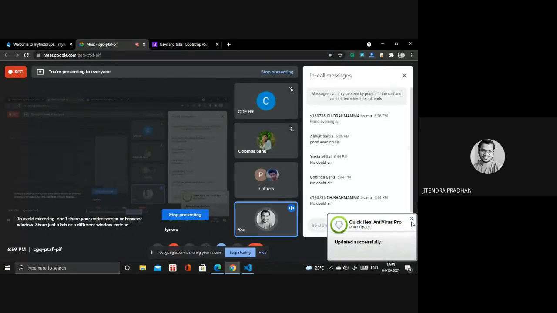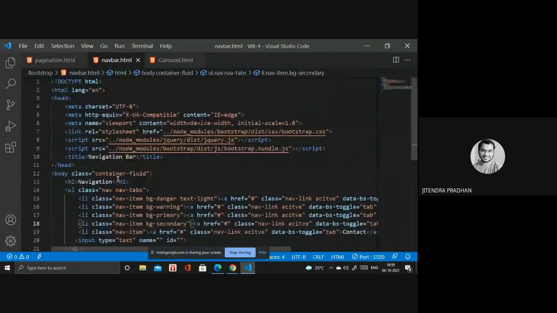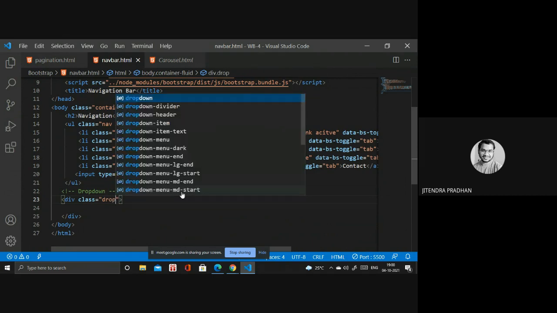Okay, I will show you the drop down menu as well, how we need to design the drop down. We finished all that part. So next thing we have to design the drop down, right? Drop down. Next we have to create a div for that. Inside the div we have to add the class drop down. The menu drop down, we have to design another drop down.